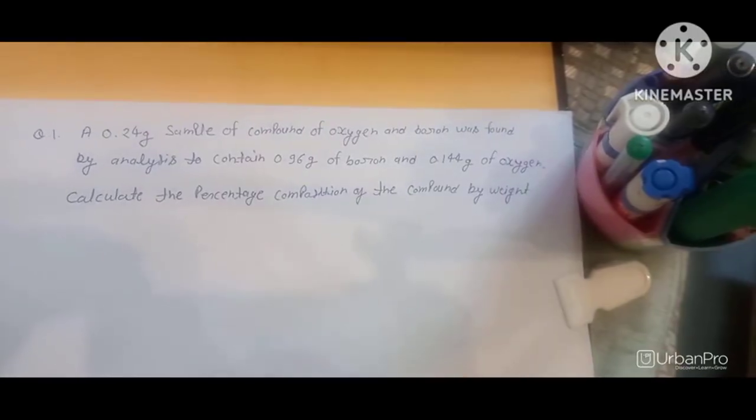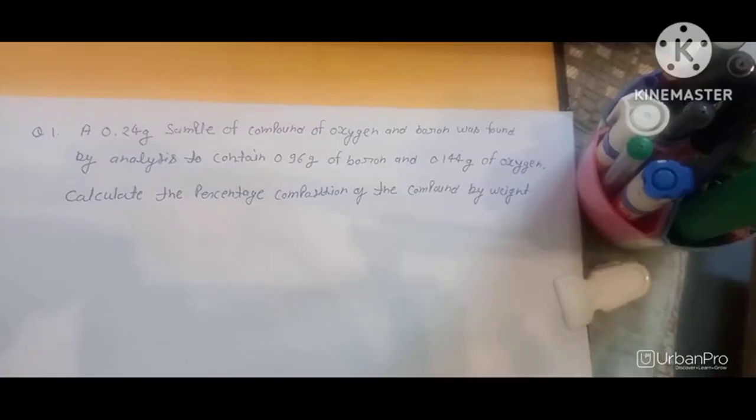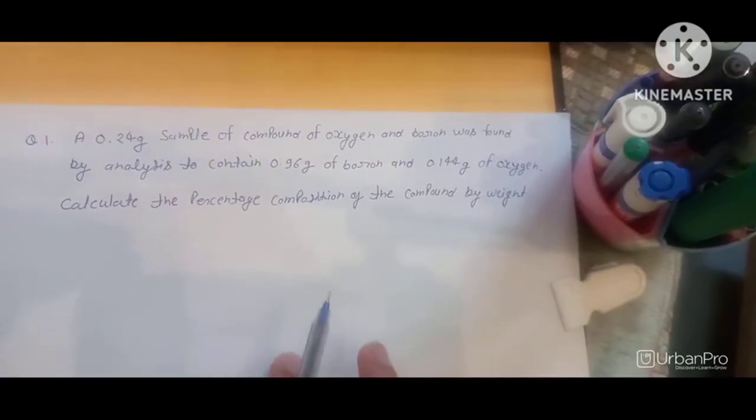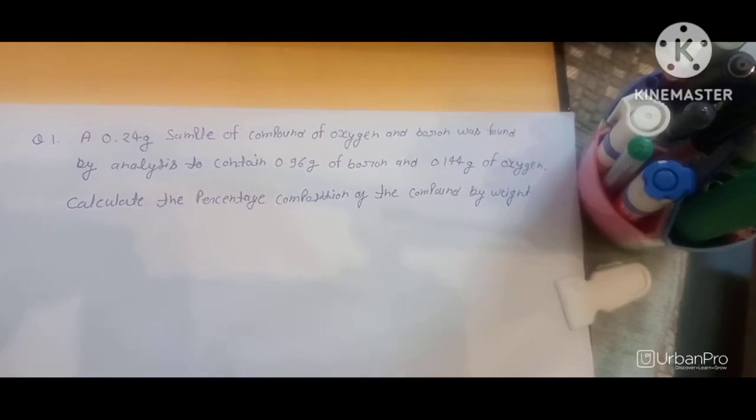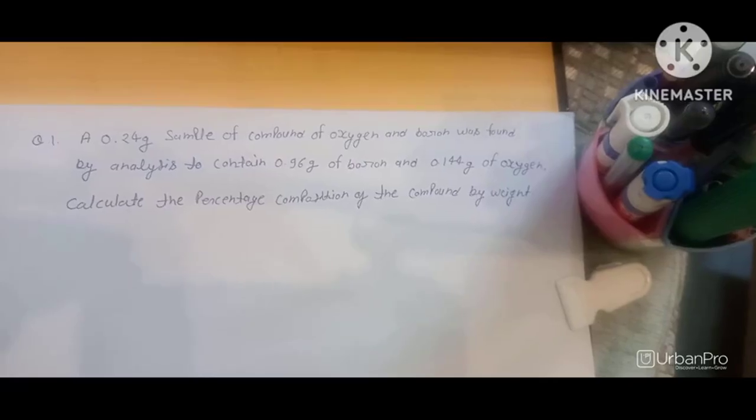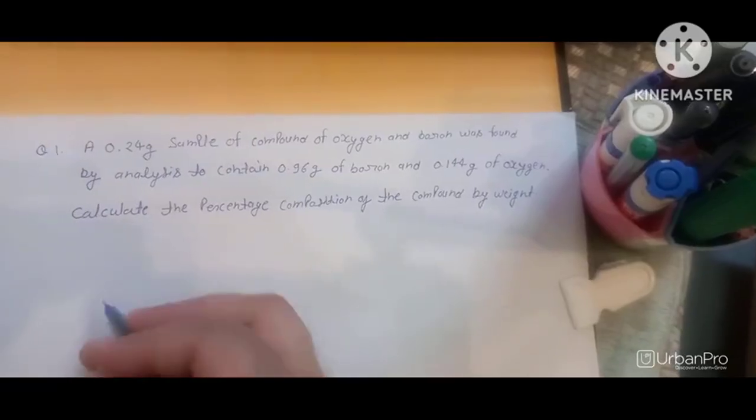Okay. So basically the percentage composition means the percentage of each element present in a compound. In simple words, it tells us how much of the total mass belongs to each element. Okay. So the formula is